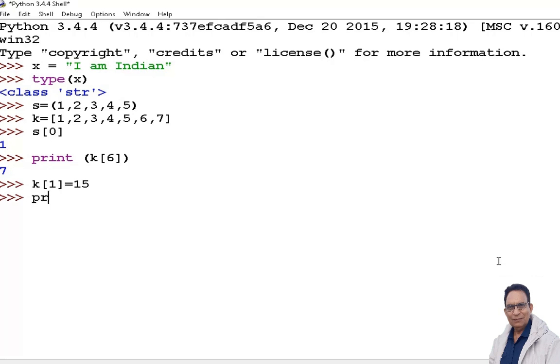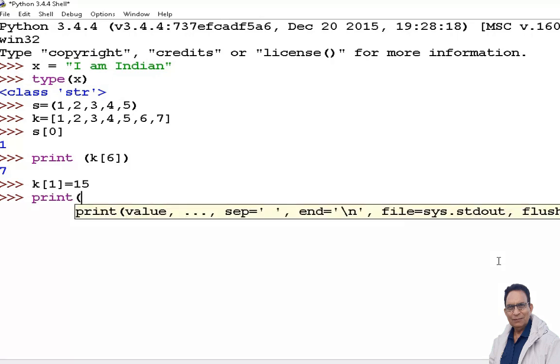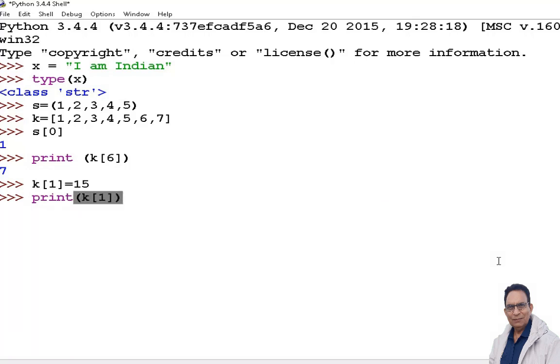and if you want to see that value, you can use the print statement. Print k[1]. It writes 15. So before it was 2 and now the new value is 15. So we are able to change the values in case of list. Let us try to do the same thing with the tuple also. I write s. If you want, you can take the second element itself.